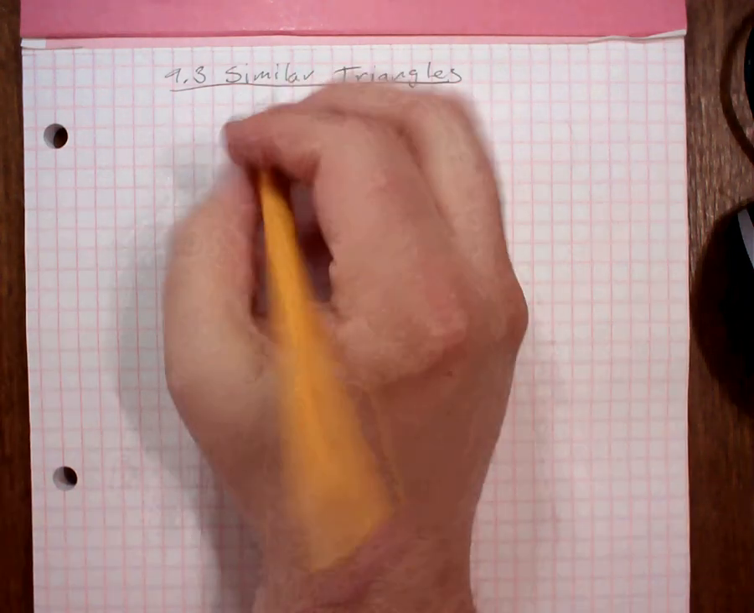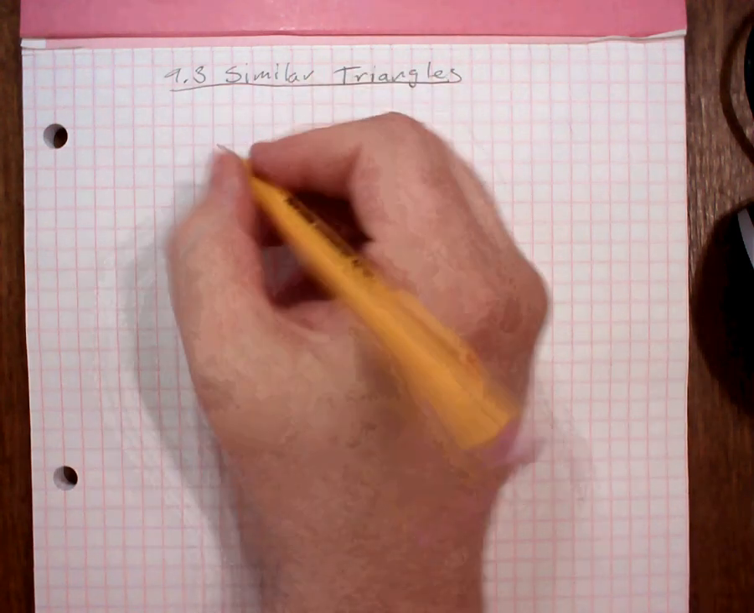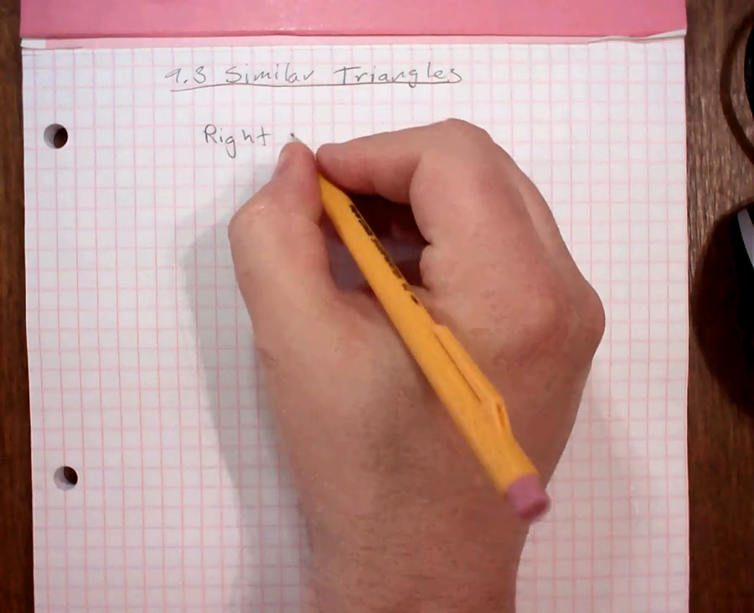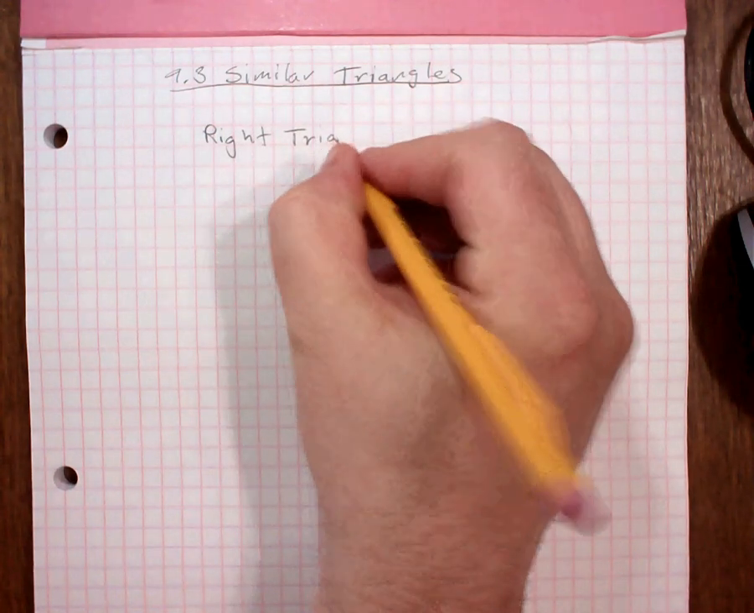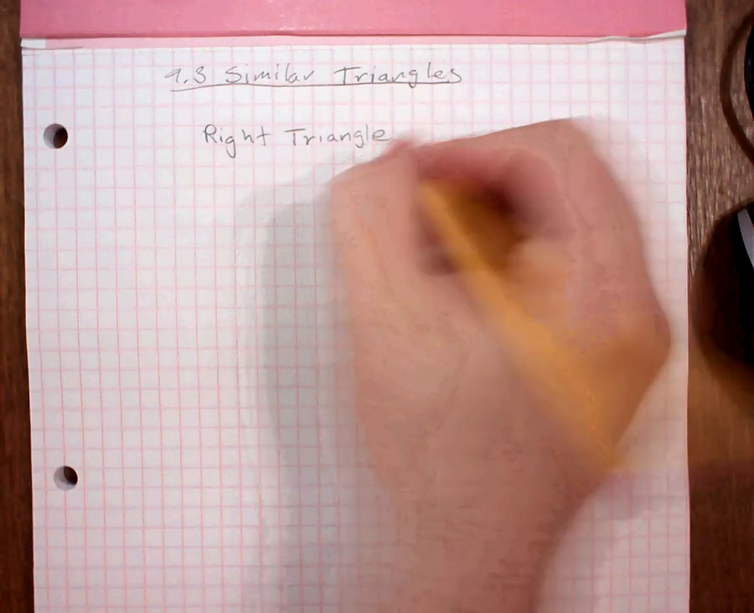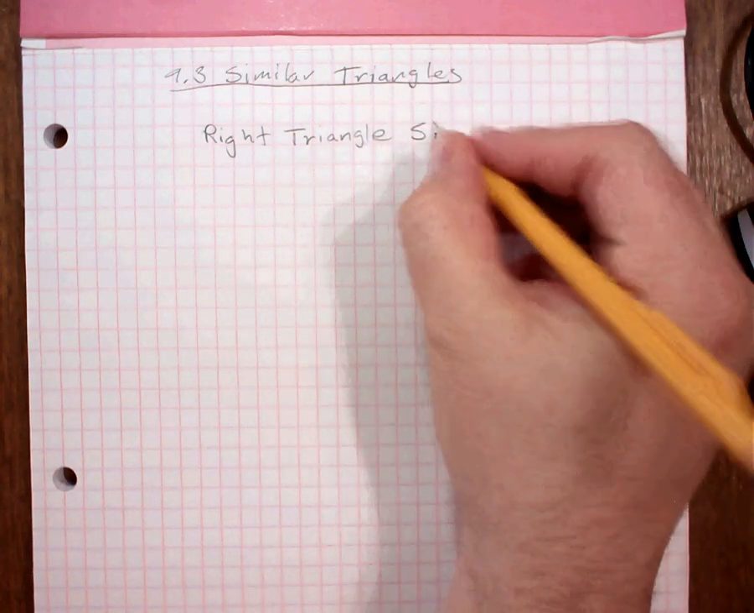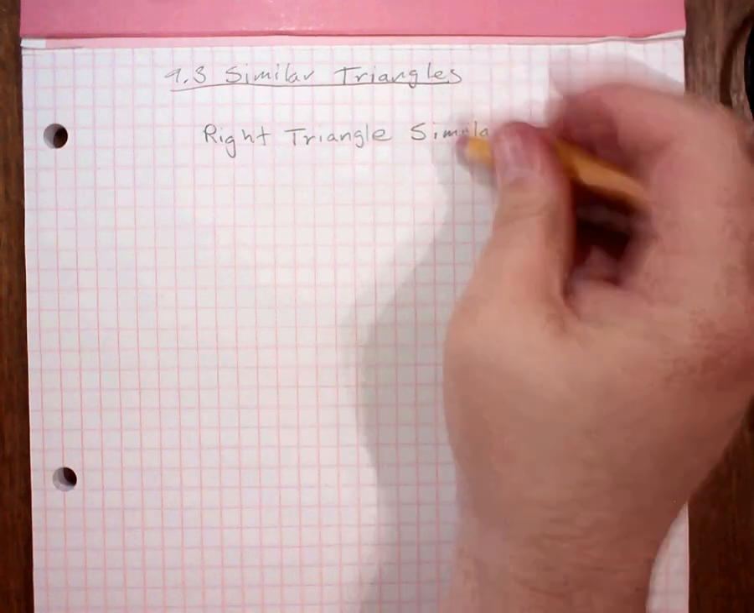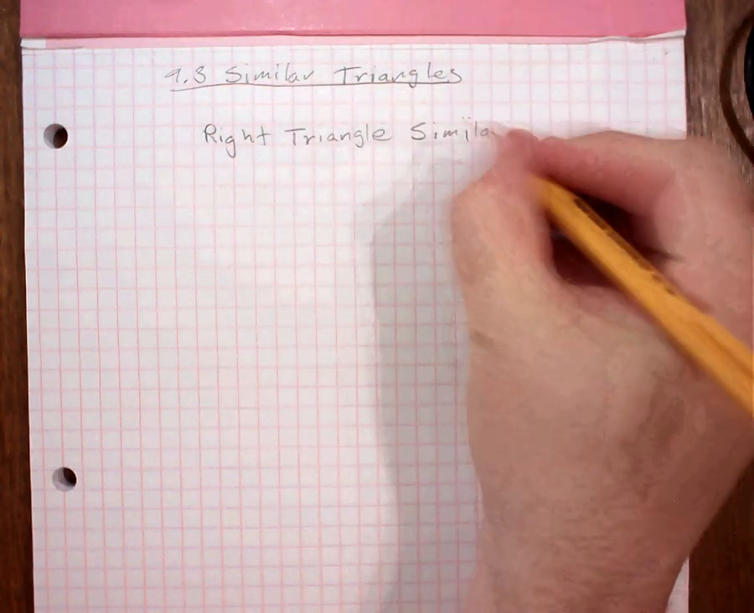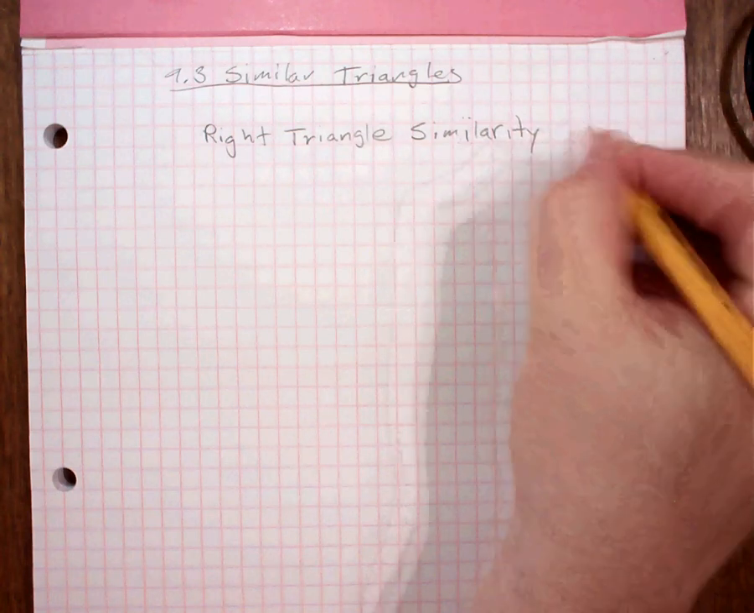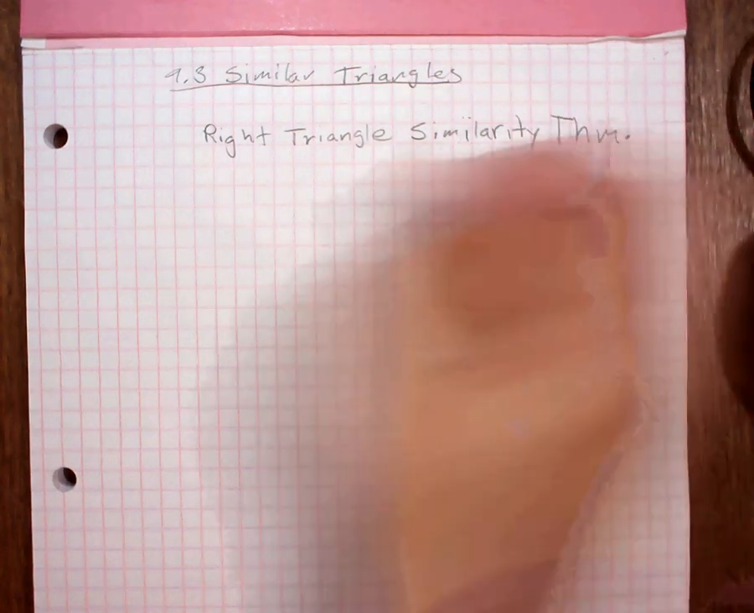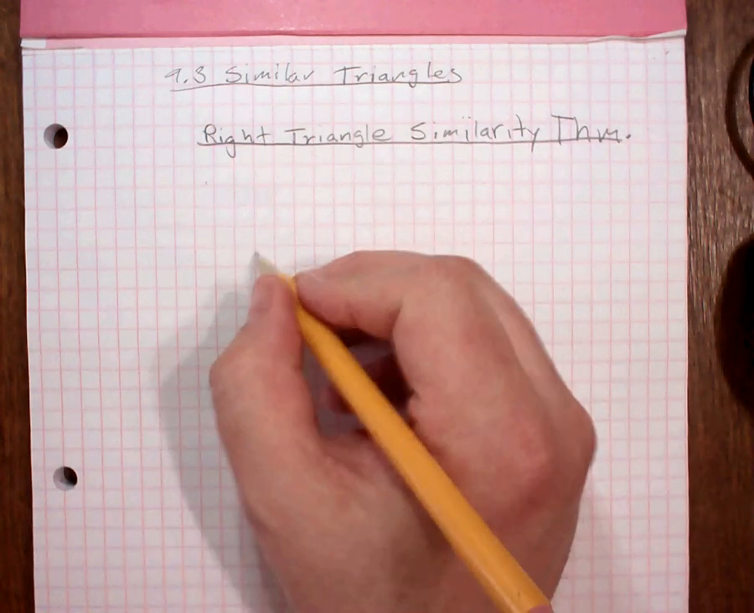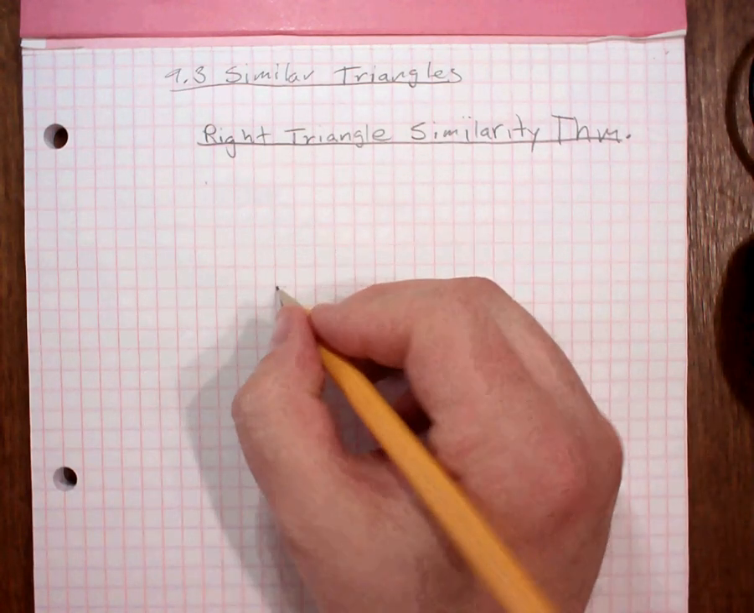Let me just start by talking about a similarity theorem. So the first thing we're going to identify is what I call the right triangle similarity theorem. And the way this works is, if I have a triangle that looks like this,